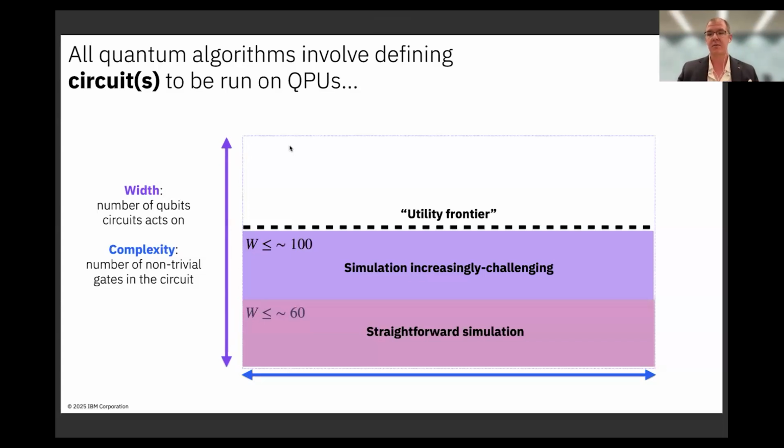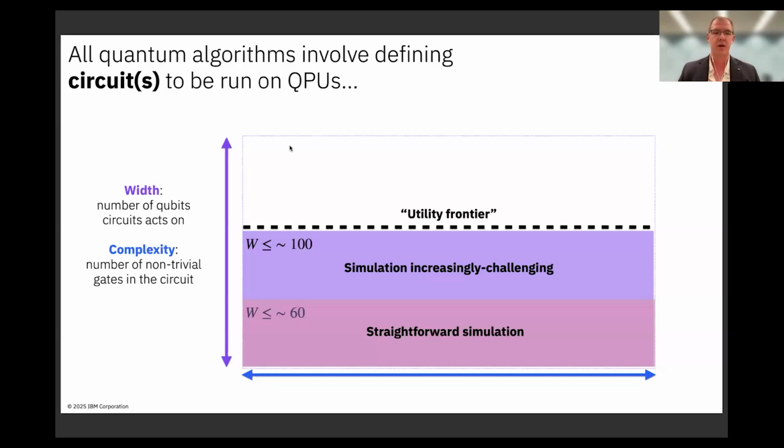I said a circuit is the fundamental unit of computation, and we can think of a circuit as having two fundamental properties that characterize it. One is the circuit width, which, if you draw out a circuit, is usually denoted vertically. This is the number of qubits that the circuit acts on. The complexity is the number of non-trivial gates in the circuit. We can tend to think of these as 2-qubit gates or other kinds of special 1-qubit gates necessary for